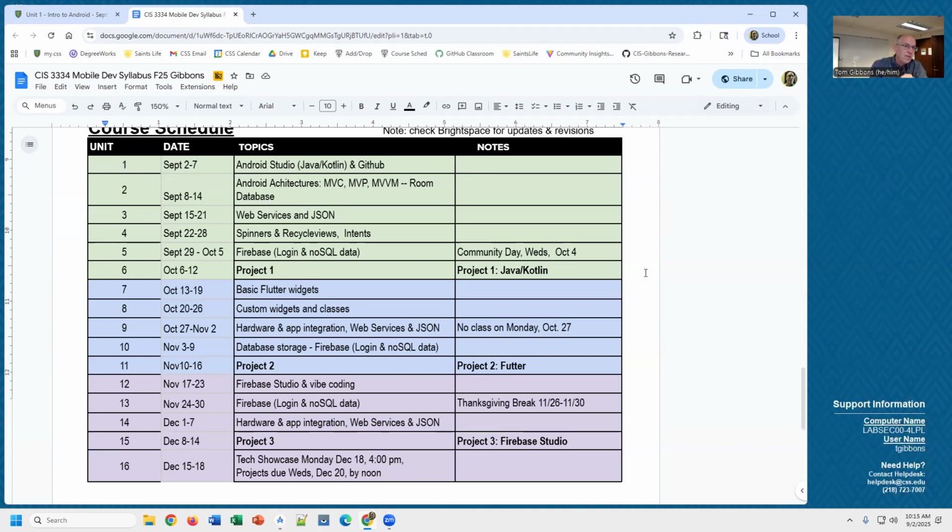And it creates apps for Android, iOS, and web. So you can create a website, an iOS app, or an Android app with the same Flutter project. The last 2 times I've taught this, we've been doing Flutter, and we'll continue to do that in this class. But also,